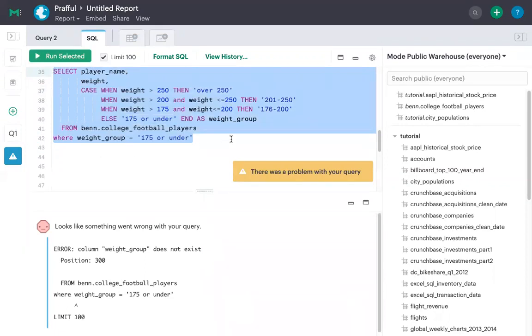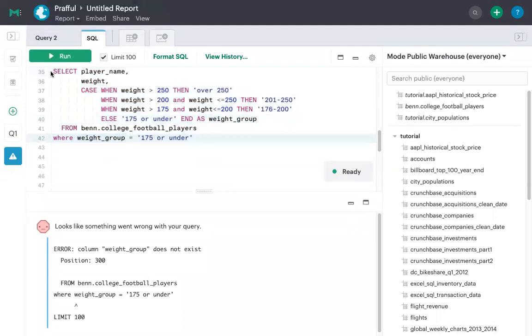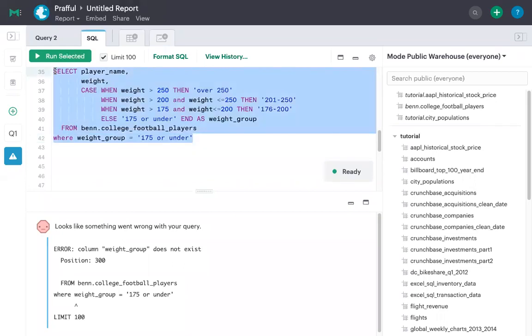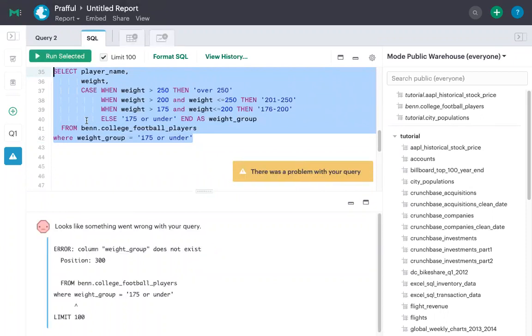Okay, so for some reason it is not taking it. Okay, so I think probably it will come up when we